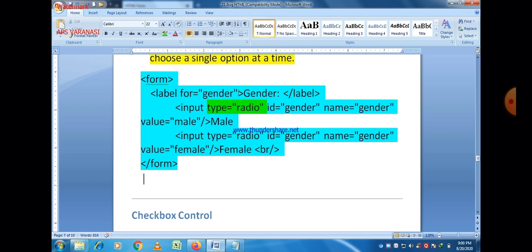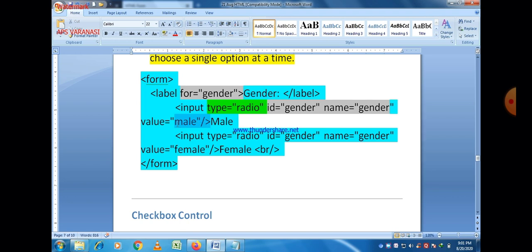One is male and another is female. So we actually write two input buttons here for that purpose. First one is for male and second one radio button for female. You can easily see on the screen. And type is equal to radio must be mentioned. Without this you are not able to create a radio button. And label is gender here.